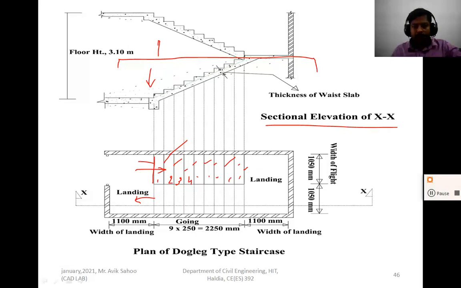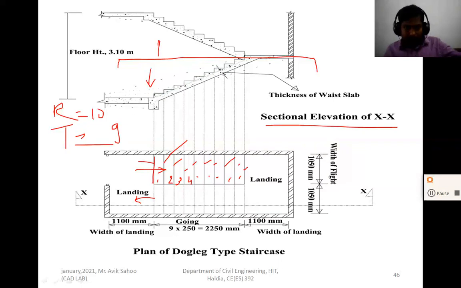So you see that always the number of treads is the number of risers minus 1. So on plan, the tread is the number of risers minus 1. That's why the treads are 9, whereas risers are 10.